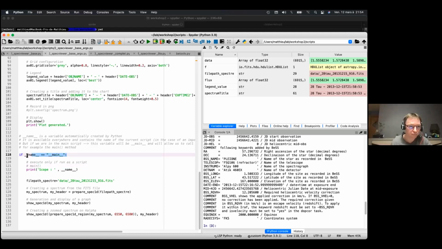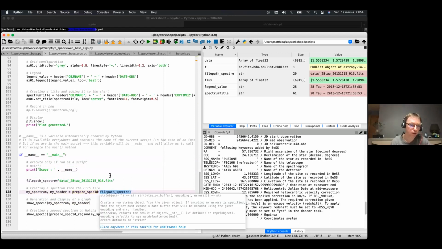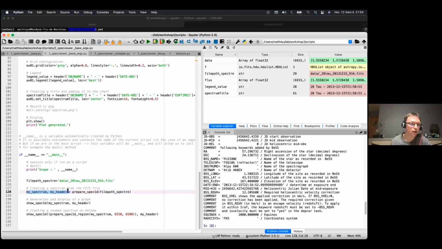So I verify it, and it will be useful after. I print the scope value to check if it is main, and I set a variable with the file path. I create two variables, my spectrum and my header, because this is the return of the function prepare spec1d, which takes a parameter, the file path of the spectrum. Okay, so I have my two objects, my two values in variables, and I can call the show spec1d function